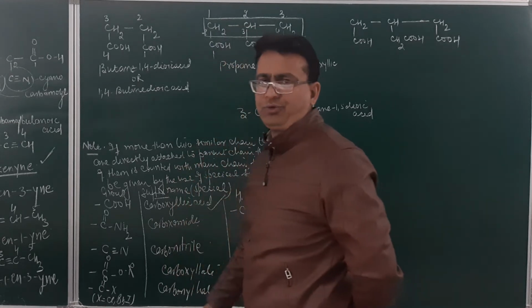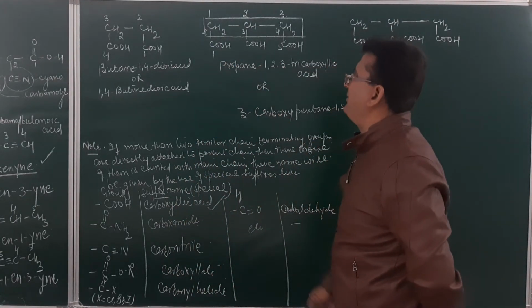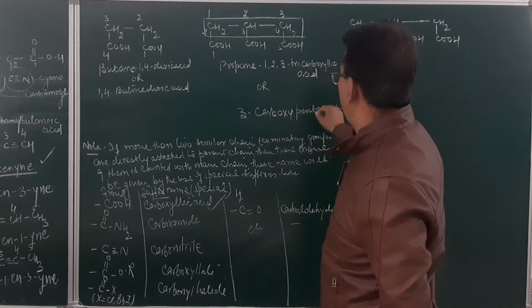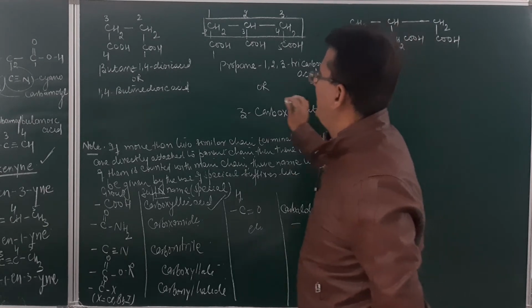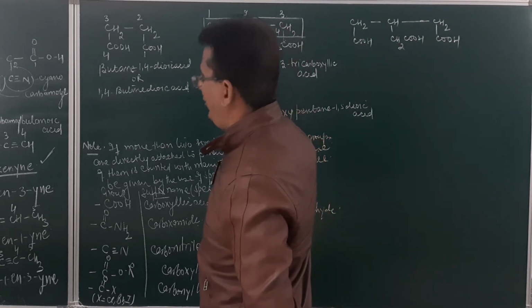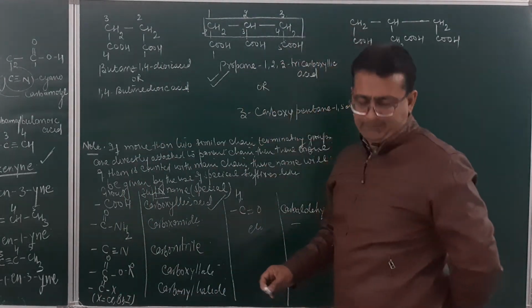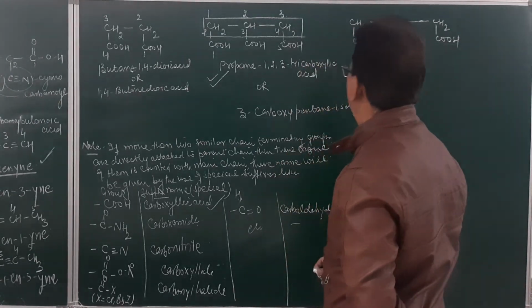This is not wrong, student. As per the old system, what is the prefix for the COOH group? Carboxy. At COOH over here, at the 1 and 5 positions, we give dioic acid. So pentane-1,5-dioic acid or 3-carboxy. This is also correct, but as per the latest recommendation followed in the NCERT book, we will be using this mode of nomenclature. So it will be propane-1,2,3-tricarboxylic acid. Am I clear?